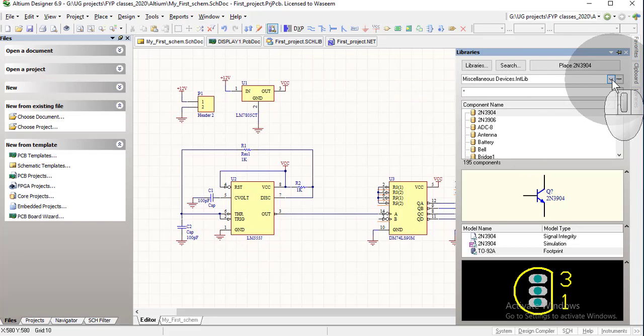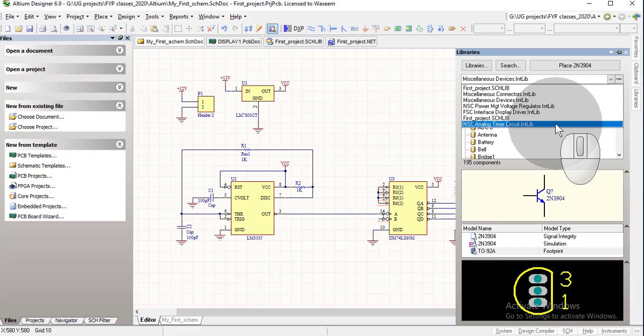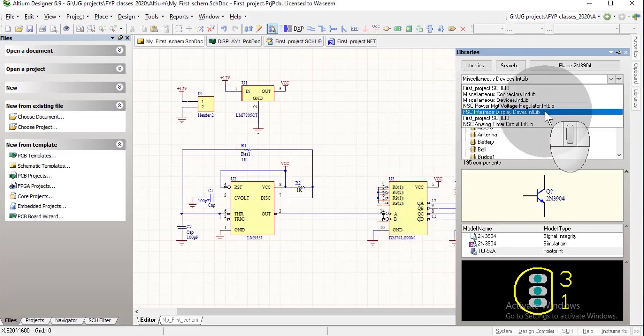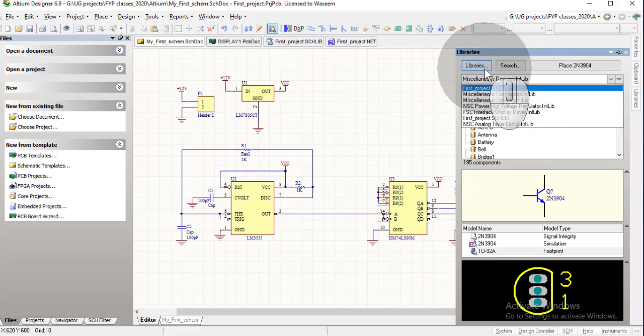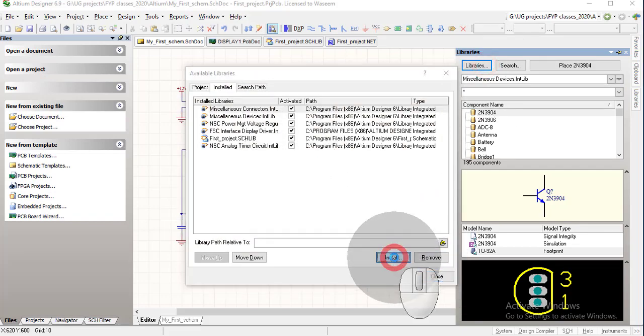So now we can see here that the libraries available in Altium do not include the library holding this component. This is the counter IC, Fairchild Semiconductor counter IC. So there is no counters library of Fairchild Semiconductor. So we need to install this library. So we go to libraries, install,